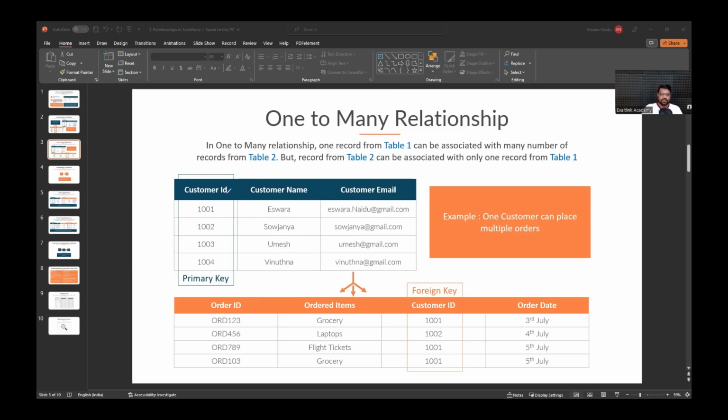In these relationships, what is the parent? The Customer table can be considered as the parent, whereas Orders can be considered as the child side of it, the child table. So why are we calling it parent and child? If you take a general terminology,